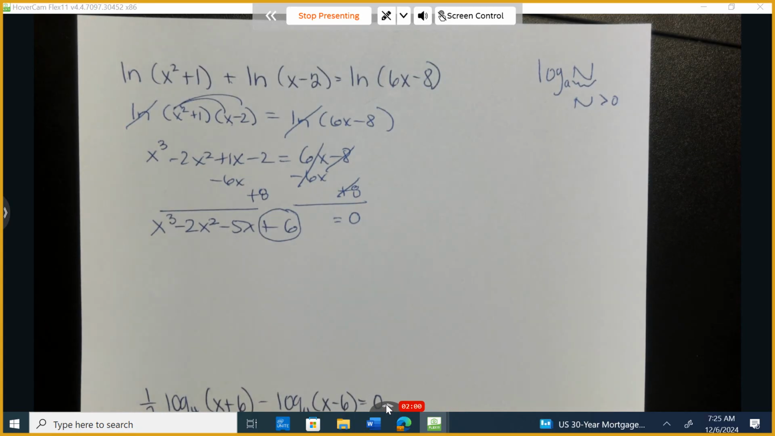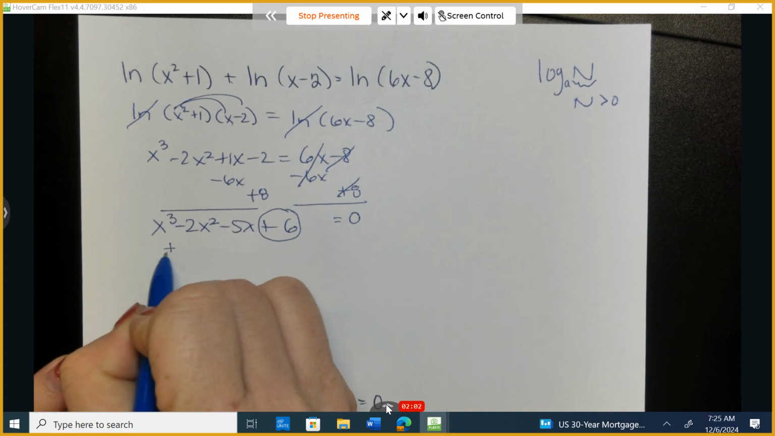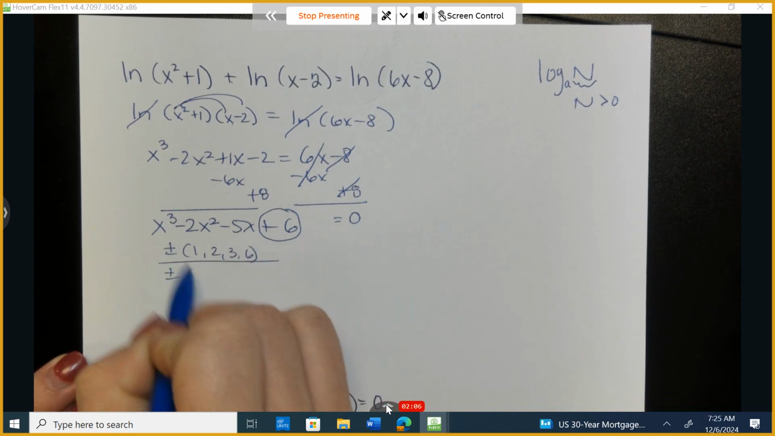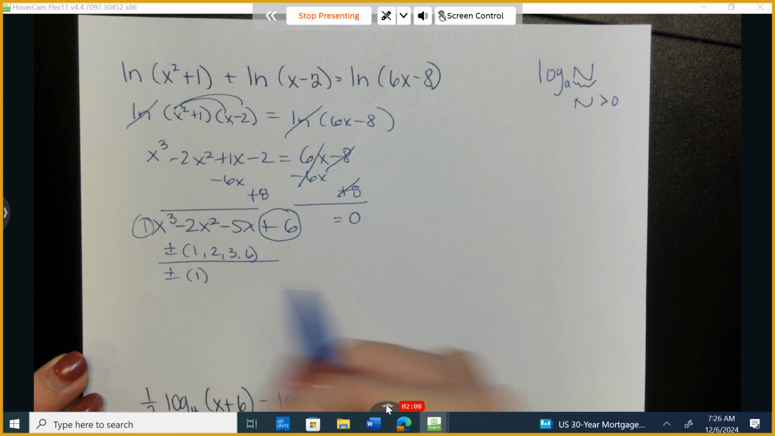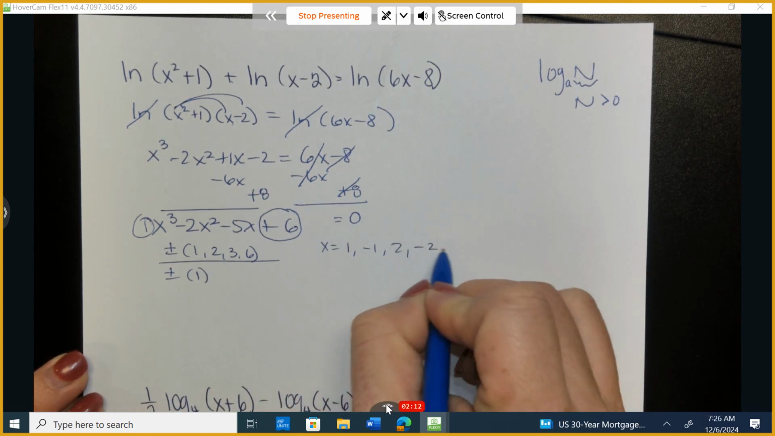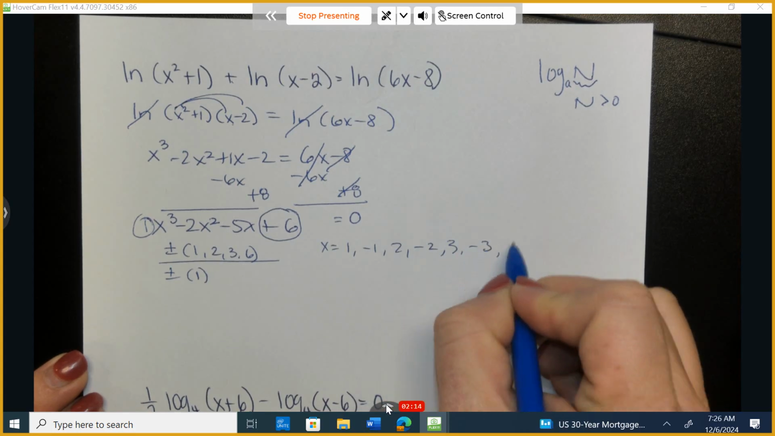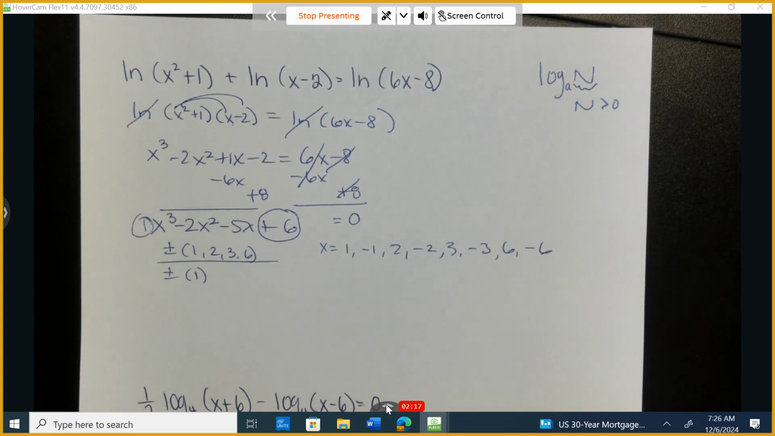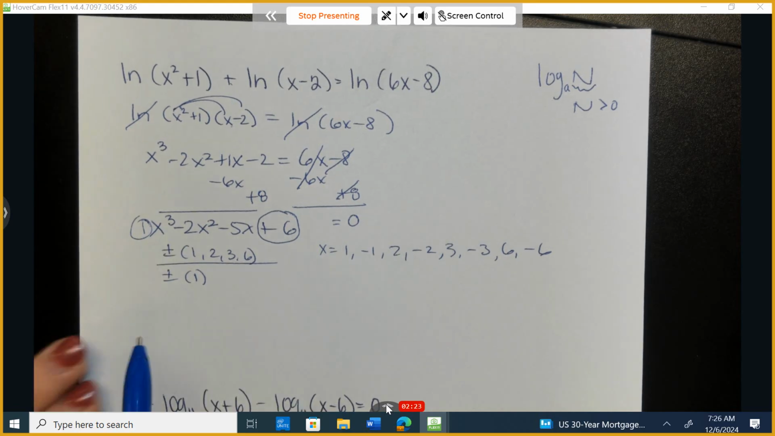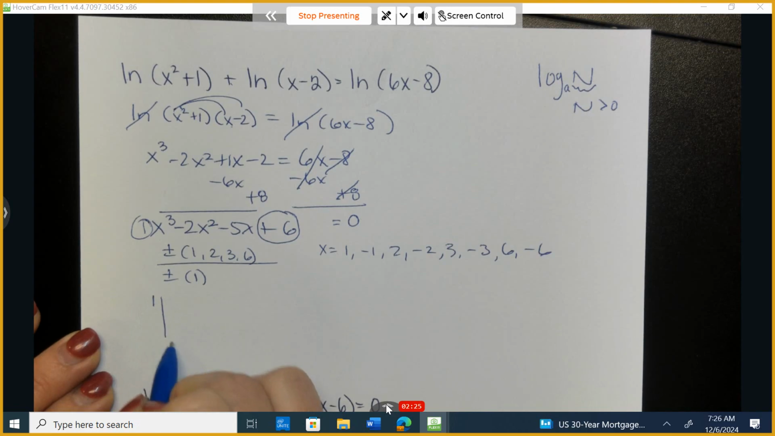So I'm thinking of what are the factors of 6? Factors of 6 would be 1, 2, 3, and 6. Factors of the leading coefficient would be 1. So I'm going to start by testing 1 and -1, 2 and -2, 3 and -3, 6 and -6. The nice thing is there are no fractions to worry about. There will be 3 solutions. Let's get started. So I'm going to start by testing 1,